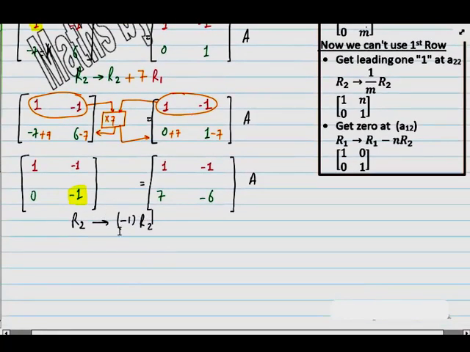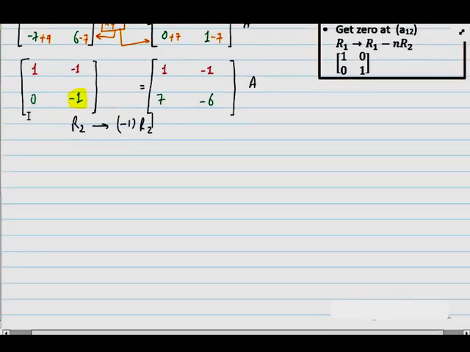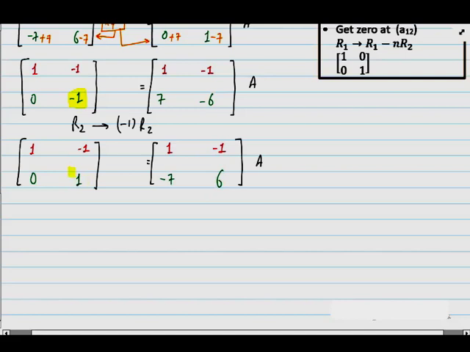So in this operation our first row will be as it is and our second row becomes 0, 1, 7, minus 7, minus 6 becomes plus 6. Finally we get leading one at this point, as well as we get the value of n as minus 1. So for the last step we have to take